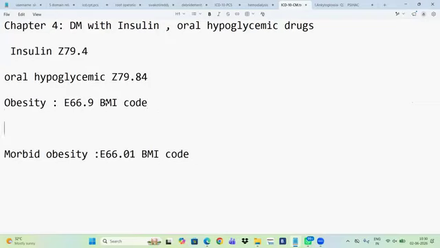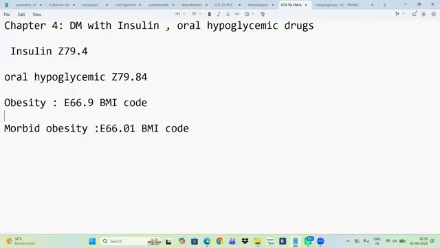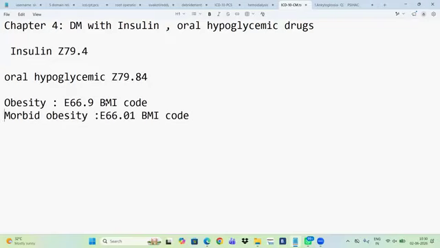BMI, how can we code? Based on the BMI value. Suppose they do not mention the BMI value, can you assume the BMI value based on the height and weight? Can you calculate the BMI and code it? No. If they documented it, we can code. Otherwise, leave it. So, whenever they document the BMI value,